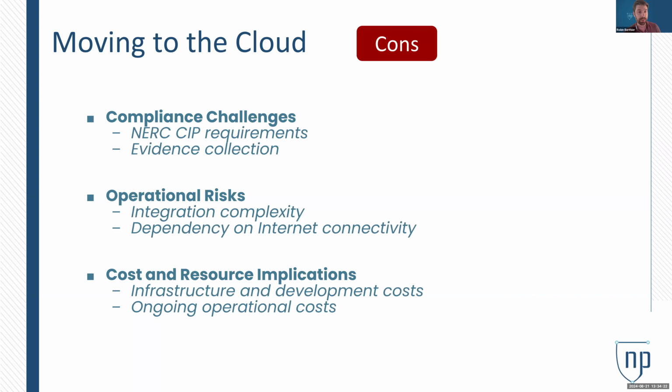Operational risk. This new architecture that I described in the previous slide adds another component that depends on internet connectivity. So moving away from all on-prem brings a new variable that we need to take into account in terms of downtime. And then cost and resource implications. So for us to provide that infrastructure in the cloud, as well as the new OpEx that we have to take into account in our licensing structure for our customers.